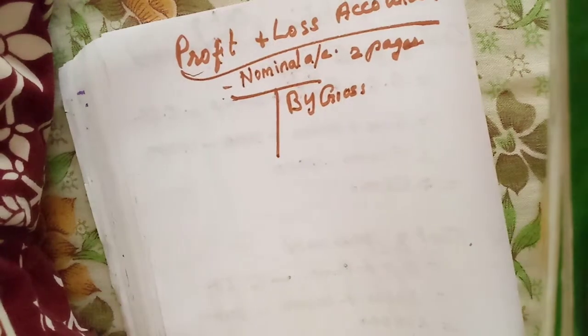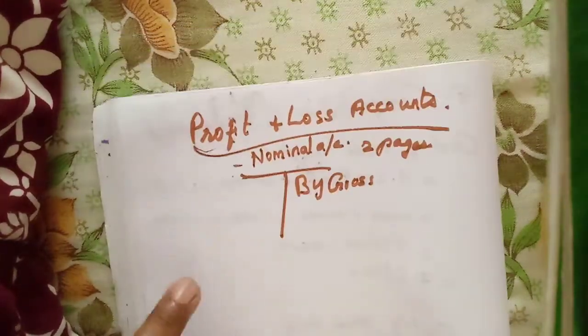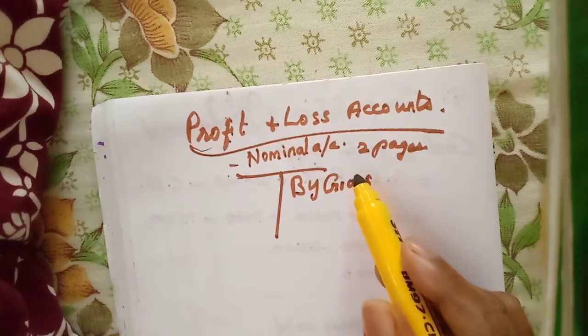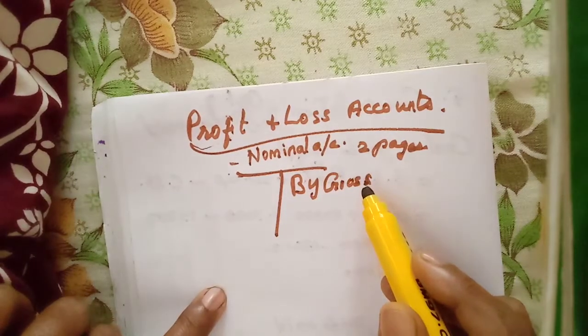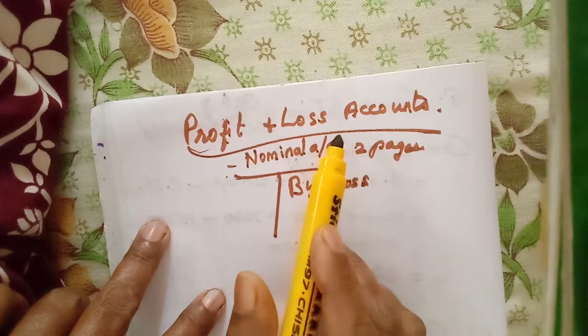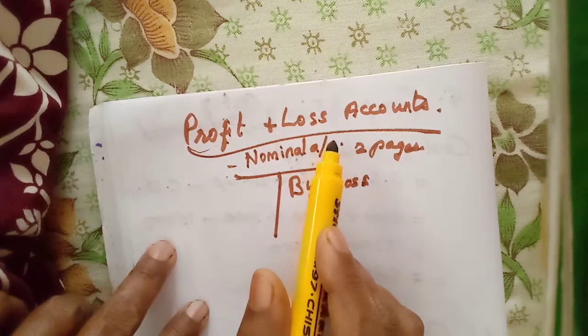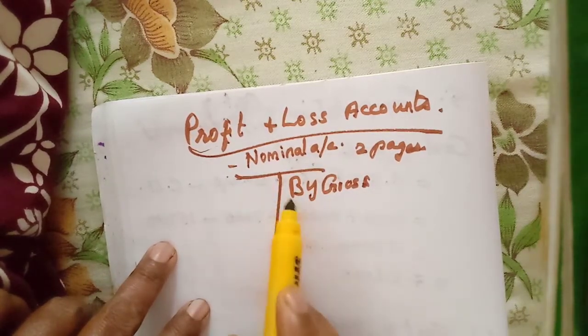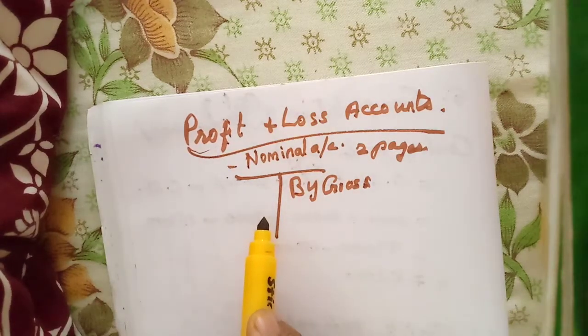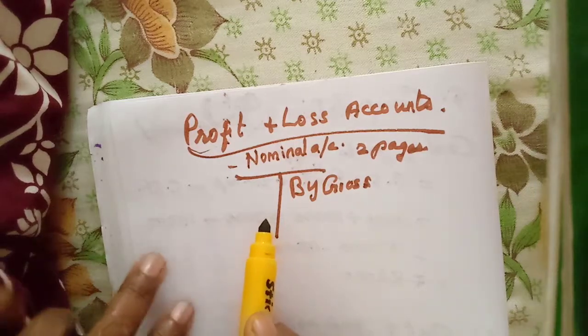There we have studied, we have done problems, isn't it? There what we have written, to gross profit carried on. So we should not write that here, but in the same next line we have to take it like this. Okay, because trading and profit and loss account is a single account. One account only we will show. This is the second part of the income statement, we can say. Income statement only, trading and profit and loss account. So it is the second part only, but not the second account.